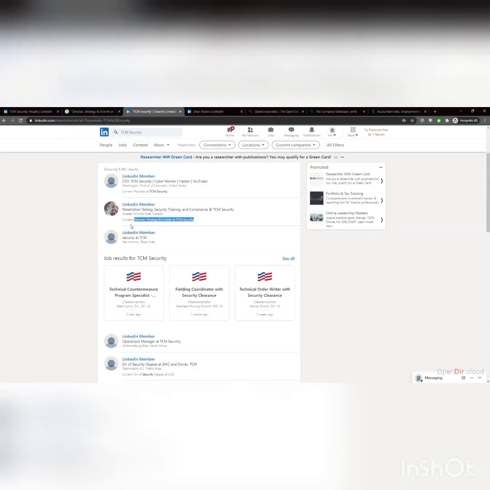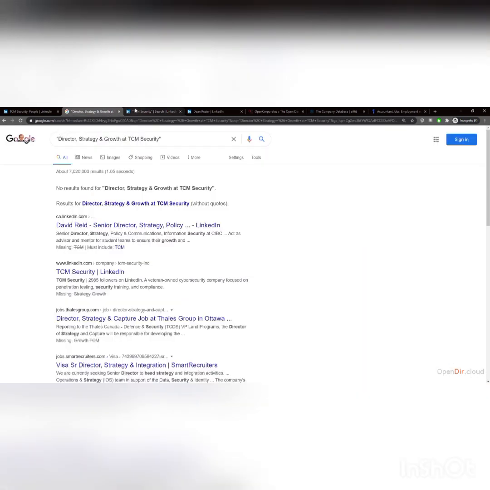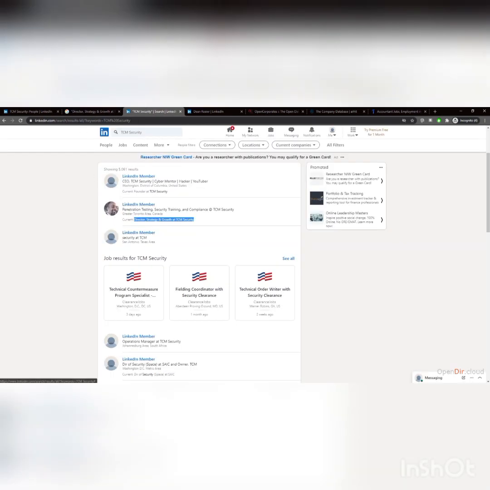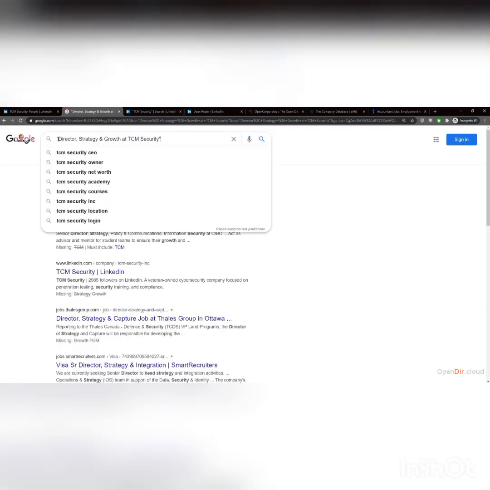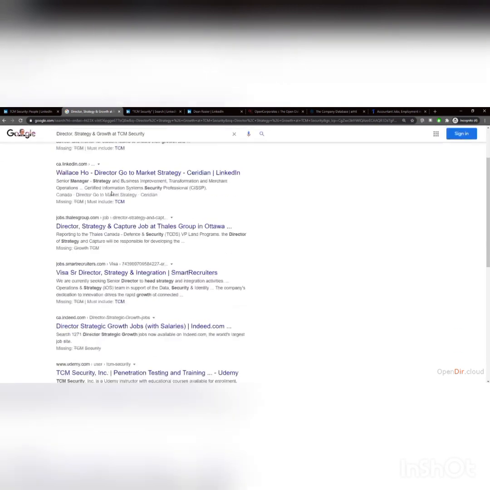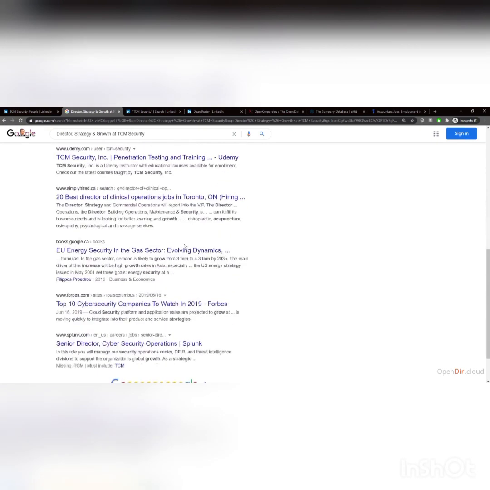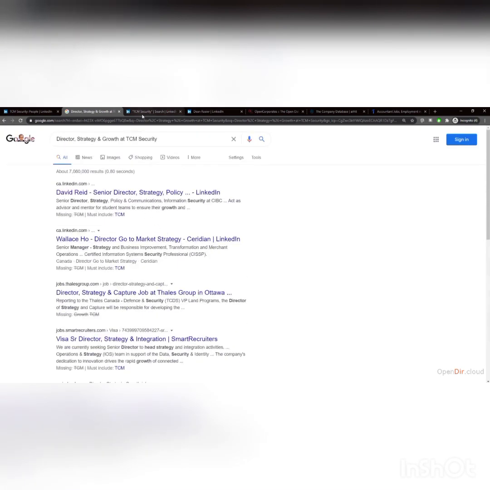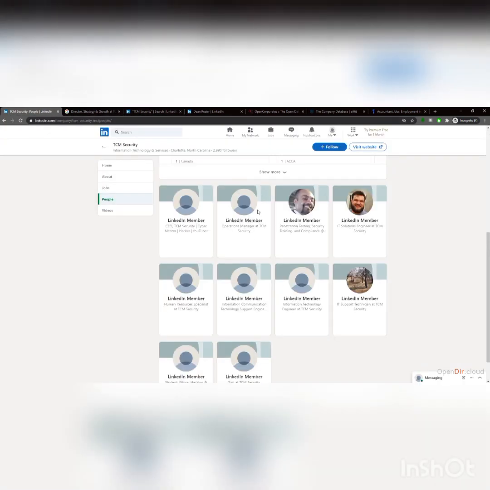But this is one way to kind of go through and find employees. We could also try to search for his picture and see if we can find him either with the reverse image search or with something like Yandex, where we see people with similar photos, and see if we can find him in social media anywhere else, and identify perhaps his name. Or we could just look for the director of growth and strategy at TCM Security and see if that comes up anywhere else. We might be able to find that. Maybe it doesn't come up on LinkedIn, but maybe we can find it somewhere on another page. So there's different ways to kind of navigate through this. And just because you have a limited space like this doesn't mean that you can't find the person.